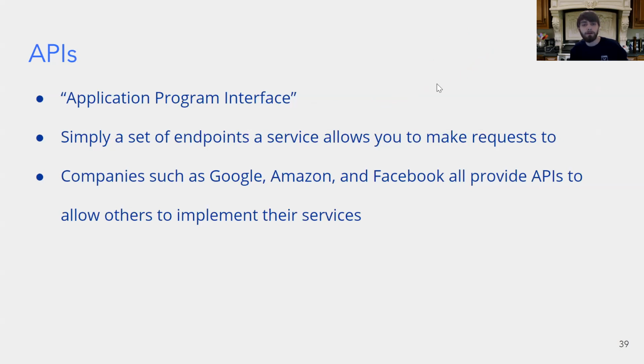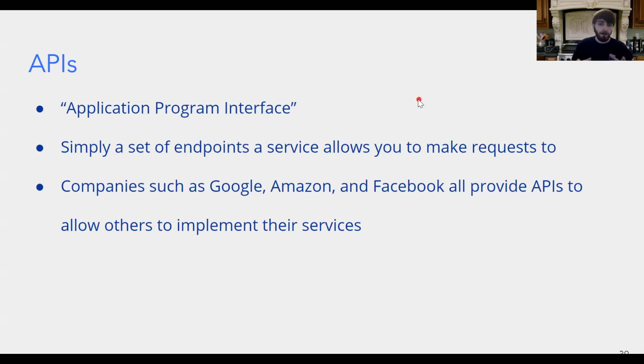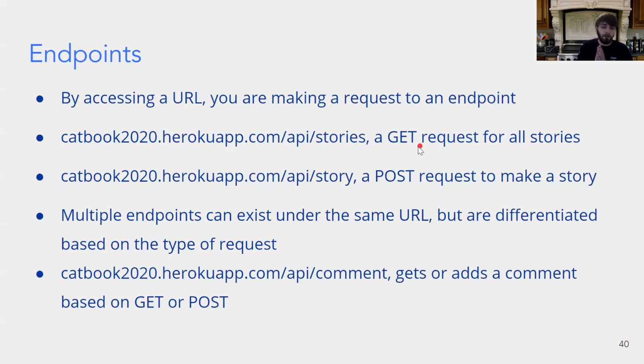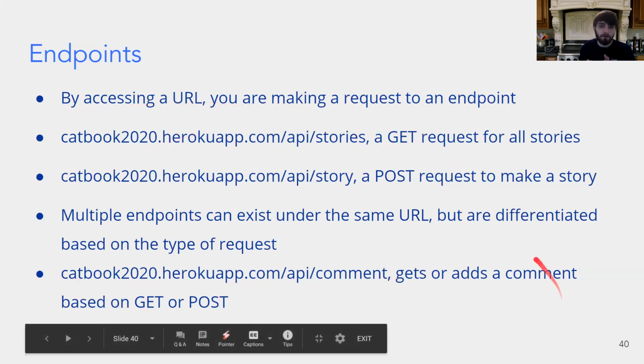So the first bit of that, APIs, stands for Application Program Interfaces. So APIs are a set of endpoints, I will say what endpoints are in just a sec, that you can make requests to. So companies like Google, Amazon, and Facebook, they all provide these magical APIs, and they allow others to implement their services. So these specific endpoints, we're going to actually create these endpoints that I have at the bottom, I think